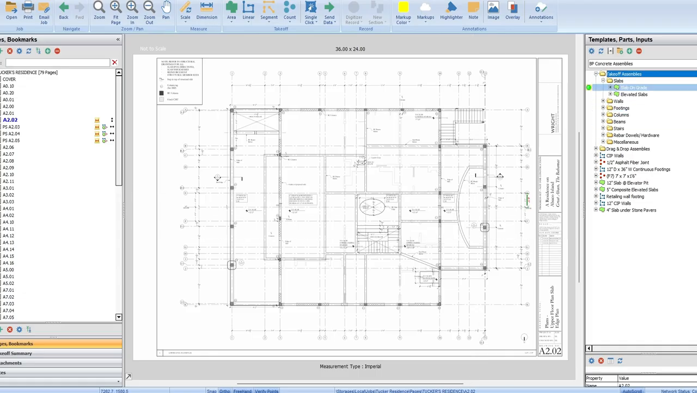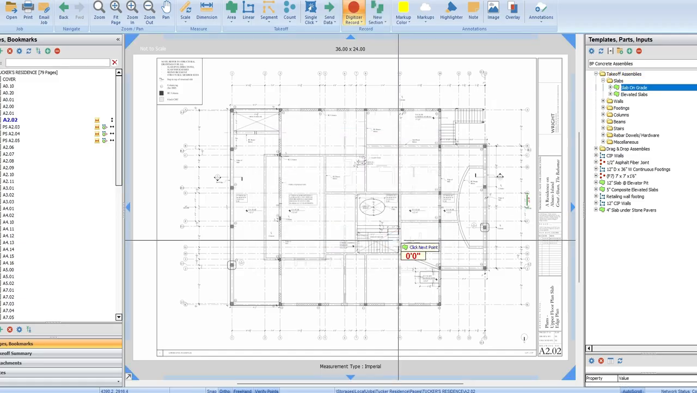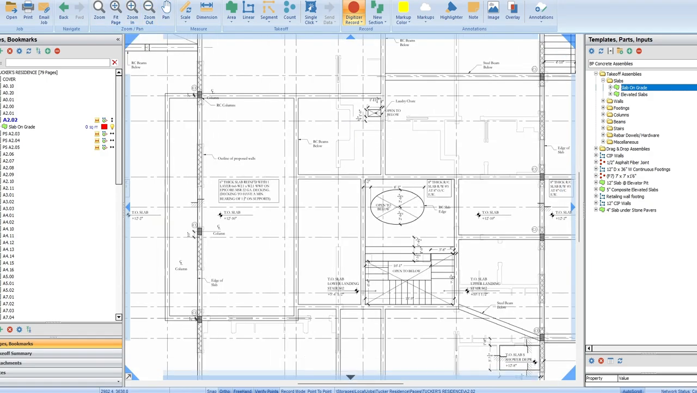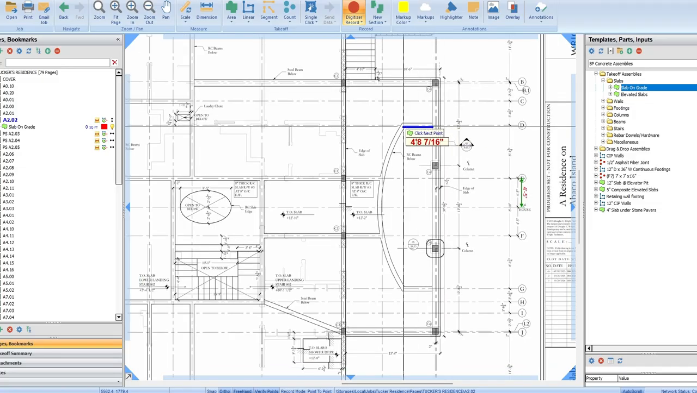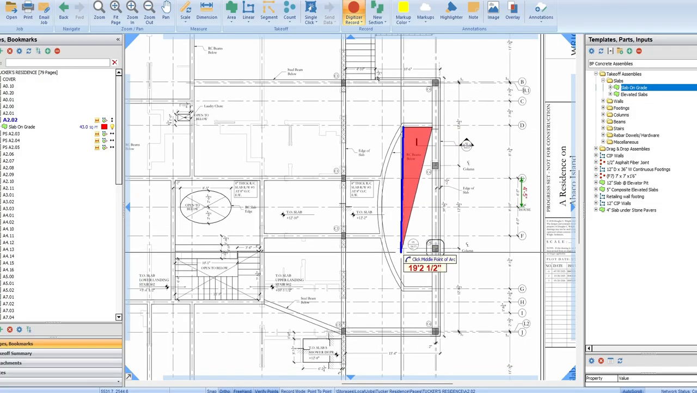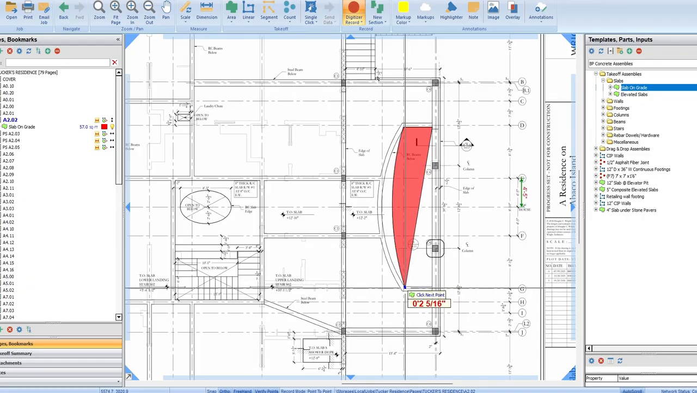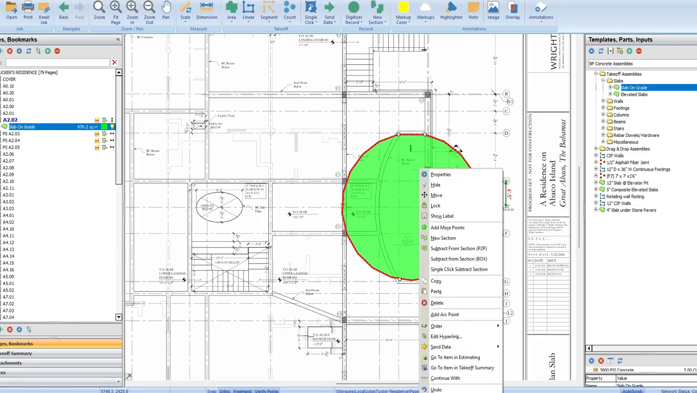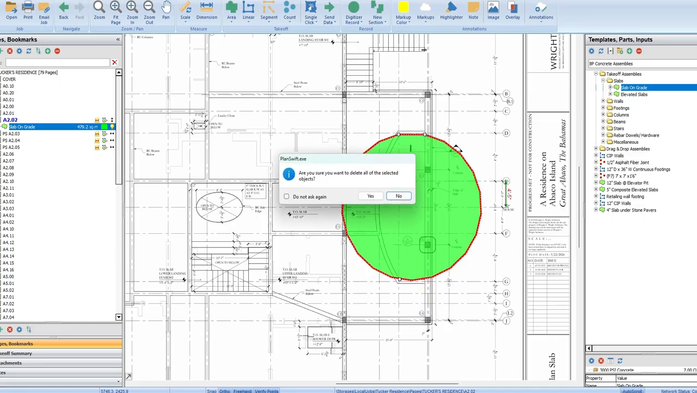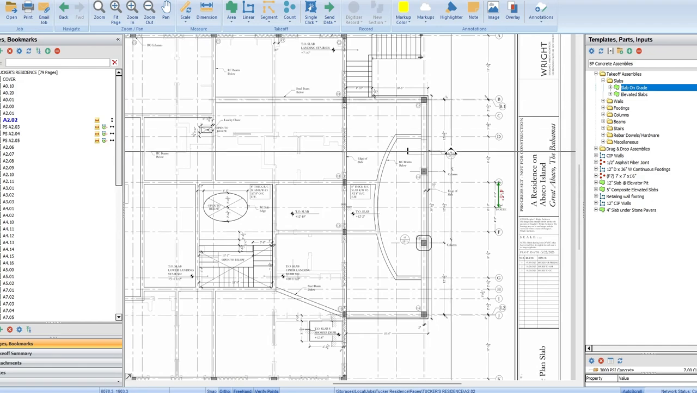As you know, when you do a takeoff with an arc, you click on the A, and then it can be difficult sometimes to get it to go where you want it. So to avoid that, what you can do,